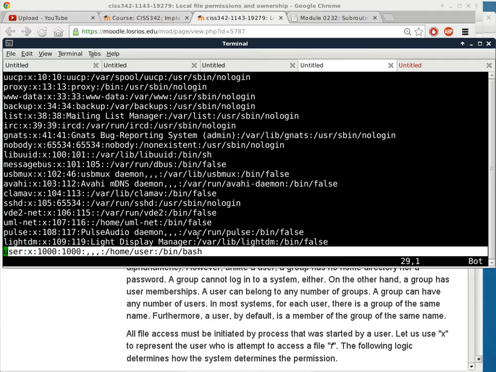The last one is called a shell command. That means when I log in as user, either through a terminal, SSH, or some other means, it will use bash as my login shell. Now that doesn't seem very important, but it is, because if you look at some other users,